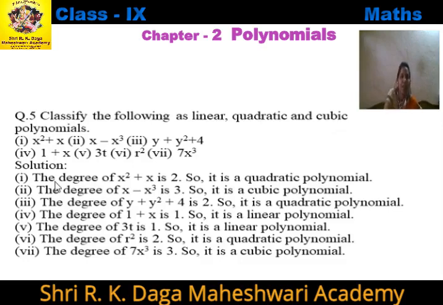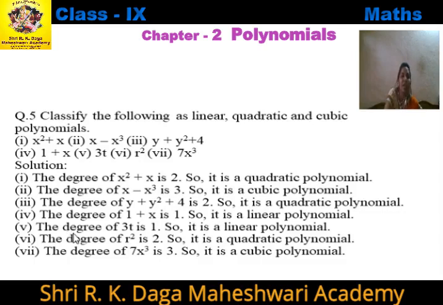3. In the first, the degree of x square plus x is 2, hence it is a quadratic polynomial. In the second, the degree of x minus x cube, the highest power is 3, so it is a cubic polynomial. In the third, the degree of y plus y square plus 4, the highest power of y is 2, hence it is a quadratic polynomial. In the fourth question, the degree of 1 plus x is 1, so it is a linear